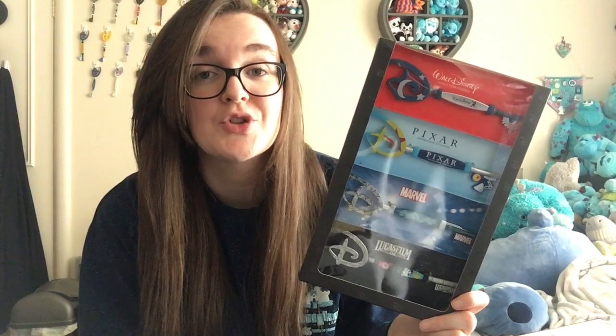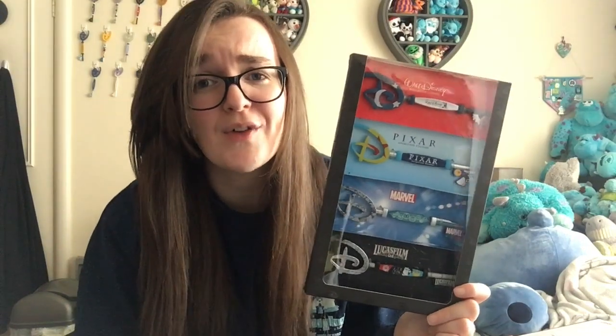So now I'm showing you the final 4 keys, and this is the unboxing portion, I guess, because the other thing that Park Pioneer picked up for me was the 4 key box set. So this is actually called the Starter Key Collection, which is a bit strange because they've been doing keys for years. I got my very first key in October 2018, which I will be showing you probably in my next